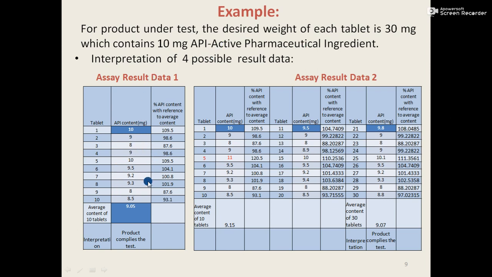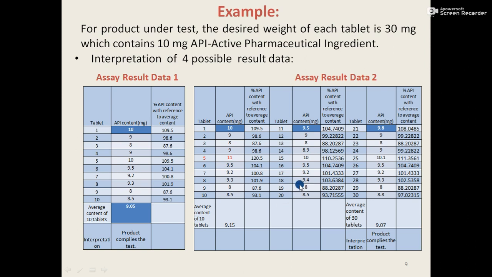If we refer to the data given in table 1, it indicates that in the initial testing on 10 tablets, the assay data of percentage API content with reference to average content shows that none of the tablets is outside the specified limit of 85 to 115%. This indicates the product complies with the test.